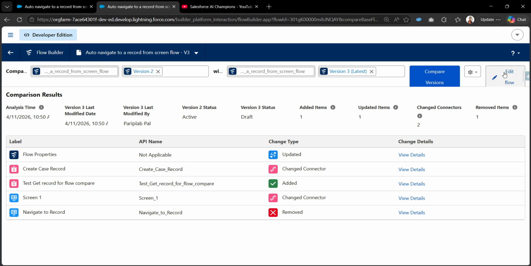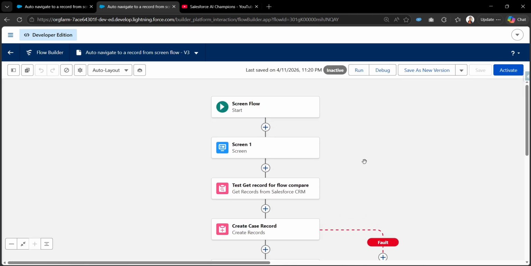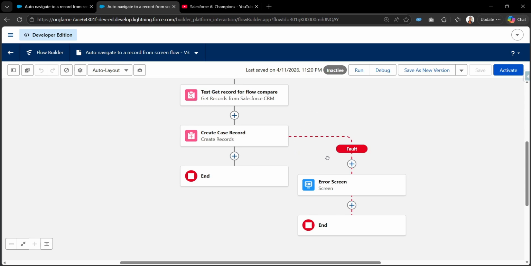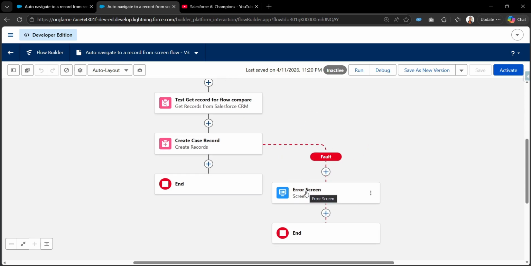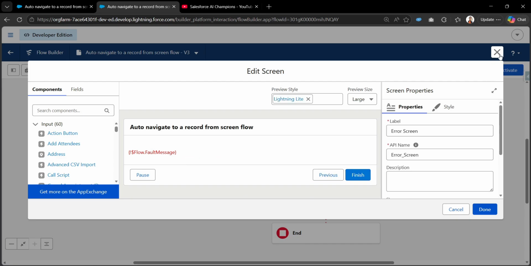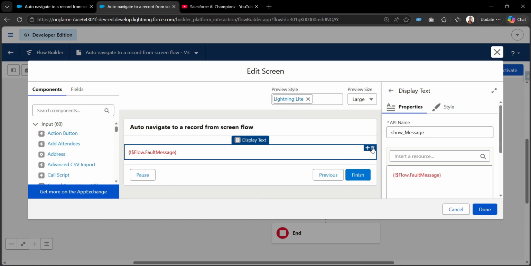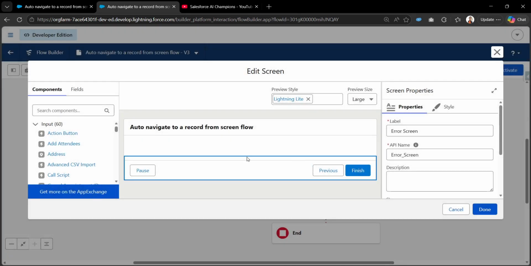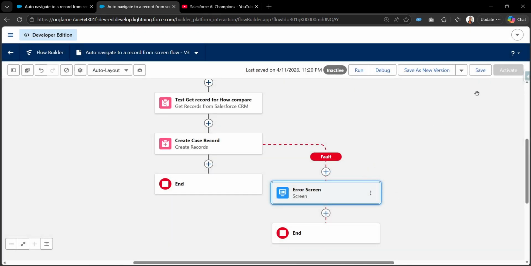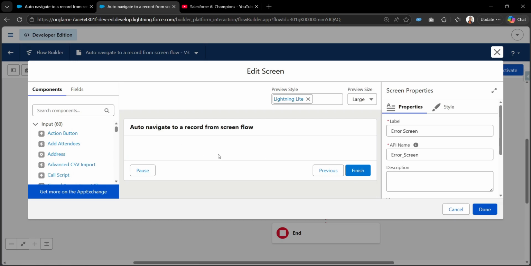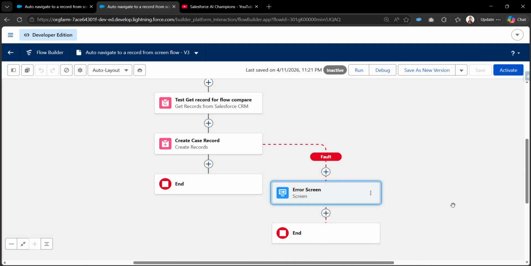Now, for example, if I delete only the component within the element, let me update one thing. Let me update the flow error element, and in here let me remove this display text, right? If I remove the display text and click on done and save, we'll be seeing the screen element, but within the screen element we'll be seeing the specific component, that is the display component that I removed,